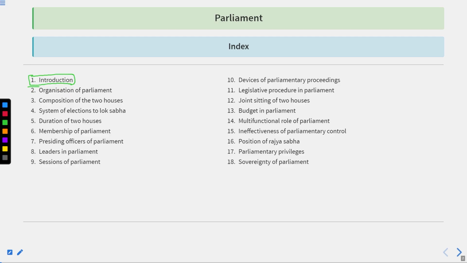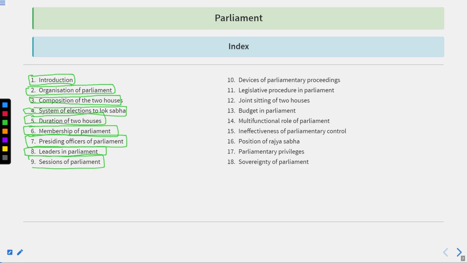thereafter the organization of parliament, thereafter composition of two houses, thereafter system of elections to the Lok Sabha, thereafter duration of two houses, thereafter membership of parliament, thereafter presiding officers of parliament, thereafter leaders in parliament,